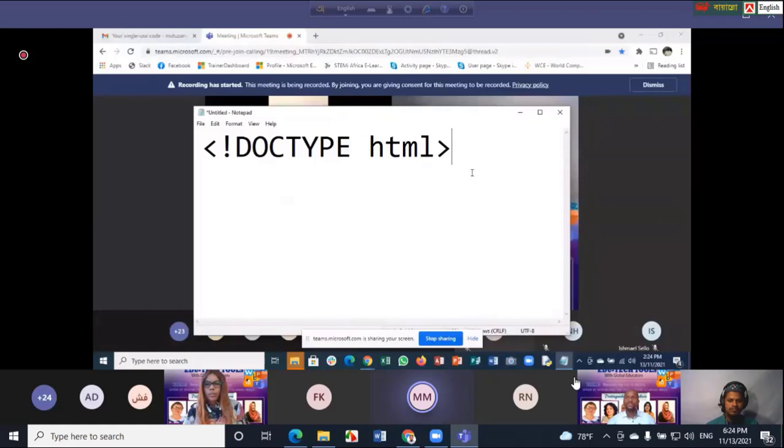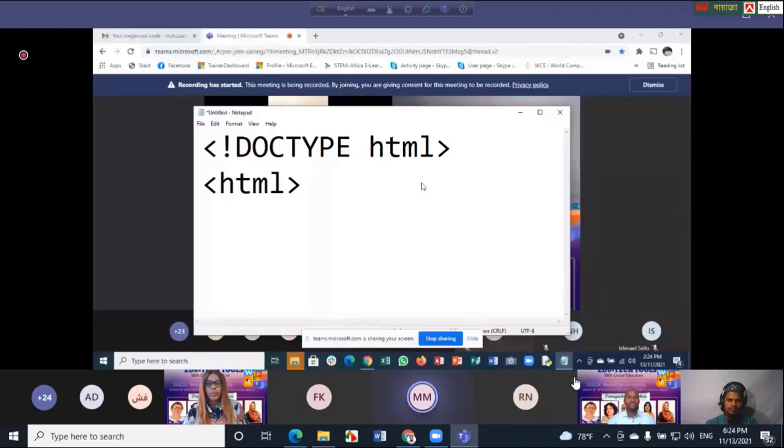Then you put the basics, the tags that you have to use, the elements. The first one, you say html, that's the opening tag. For the closing tag, you use the slash, then again you say html.